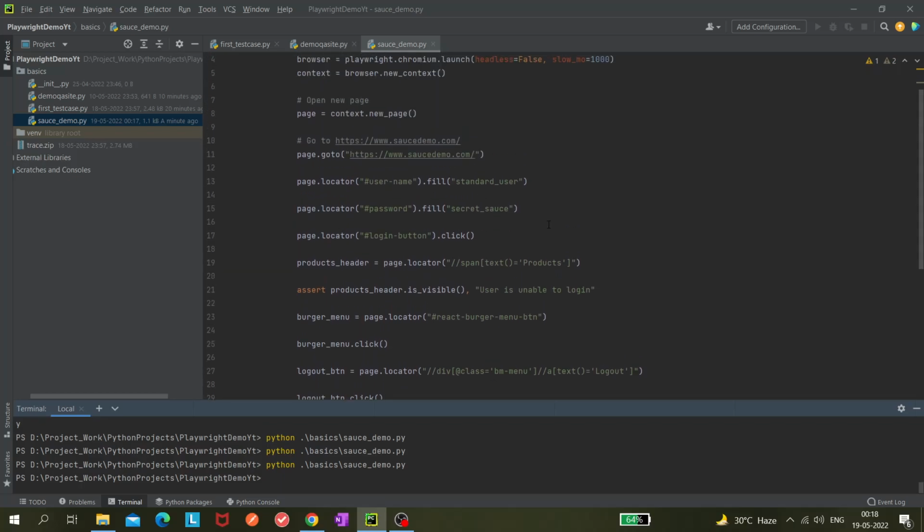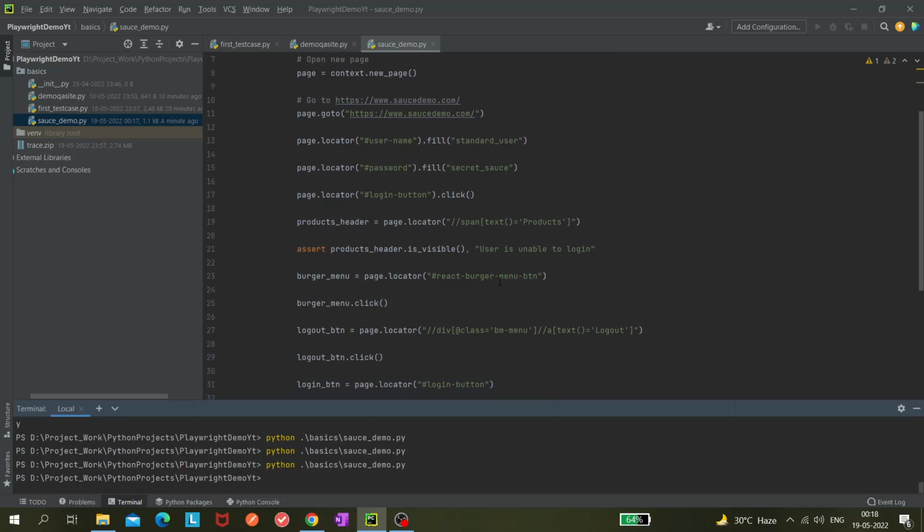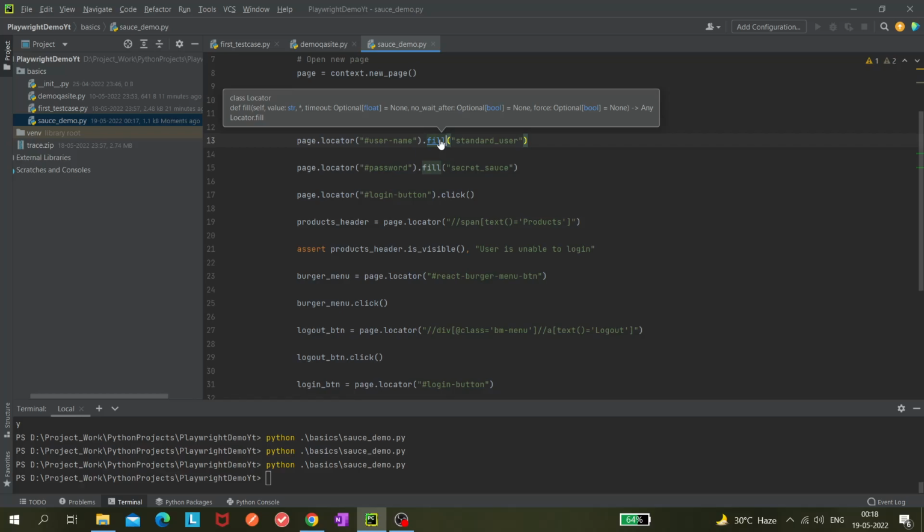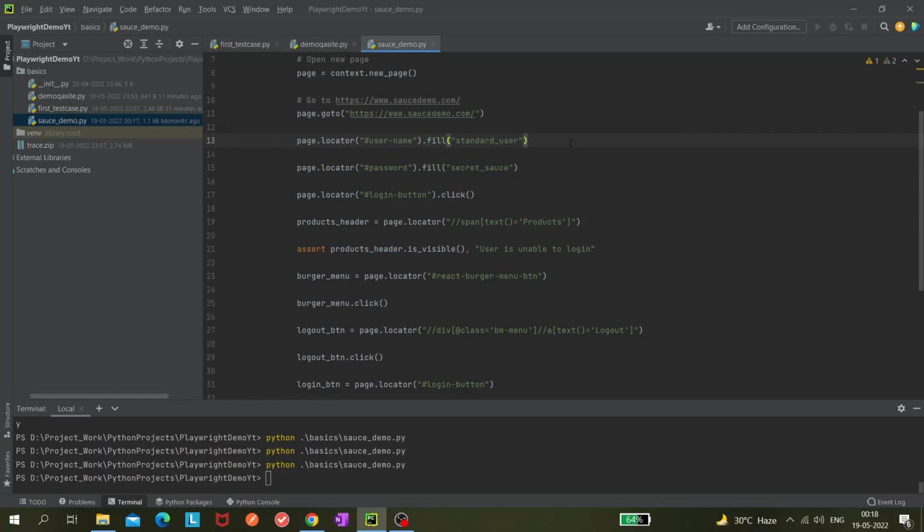Okay, and here these methods like the fill methods and whatever method you are using can take some other arguments as well. Hover over here, you can see it is taking different types of arguments, right? There is an argument called timeout here, which you can pass. Here we can pass for how long this particular locator should wait. Let's say this locator is taking time to load in the DOM, so we can give some custom wait for that, right?